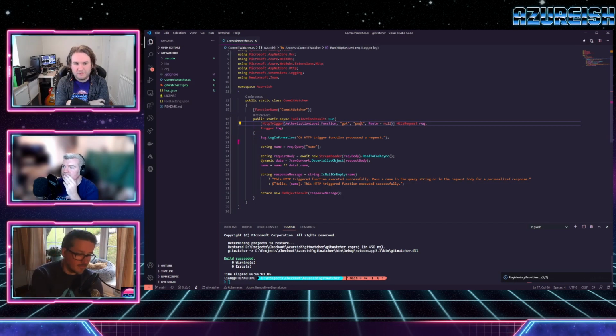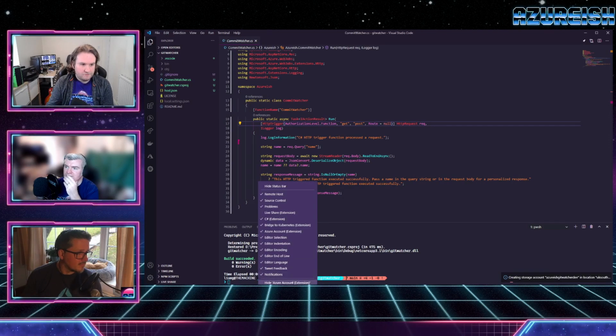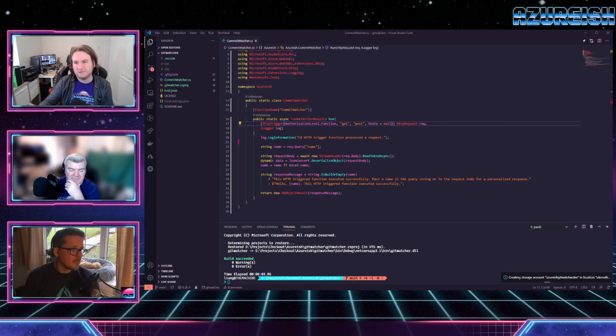Just whilst we've been talking, what we've got is I've got the function going. And as part of that, I've signed into Azure. I've got the build run, and I've now told it to go and create a function app, and I've done that through the command palette for now. Normally in the real world, I'd create an ARM template or a Terraform template, or be really bleeding edge and create something through Bicep. But for the purpose of the show today, I just want to do it quickly. So I've gone through that.